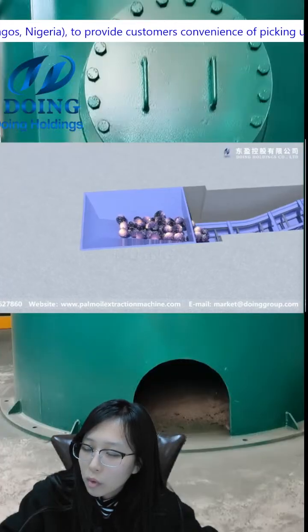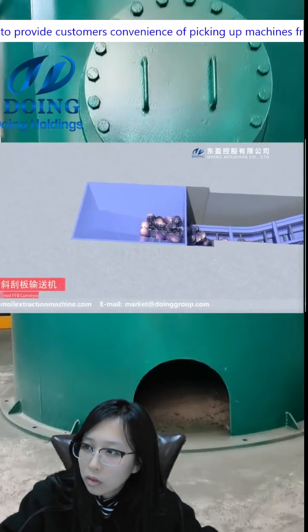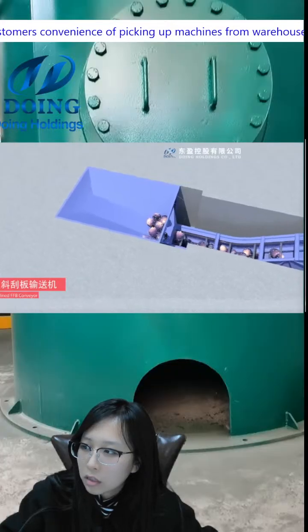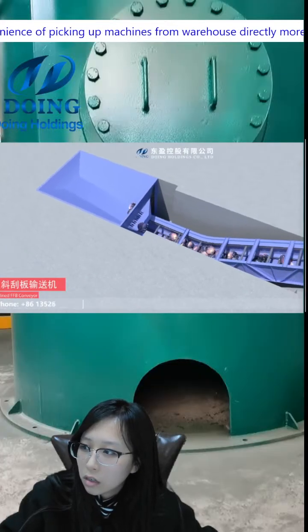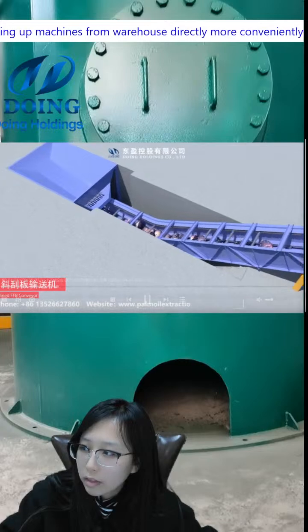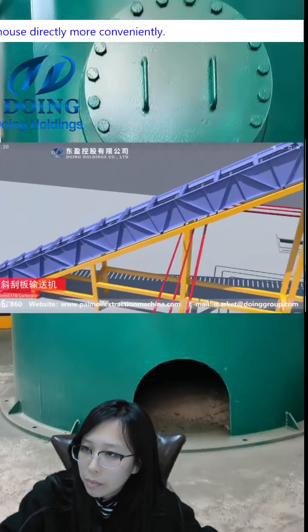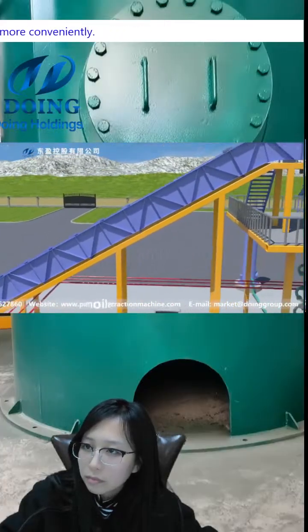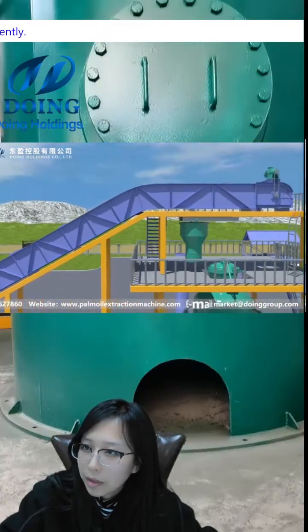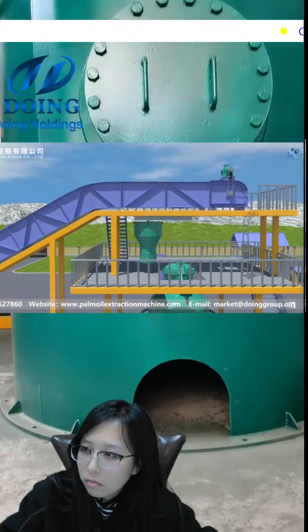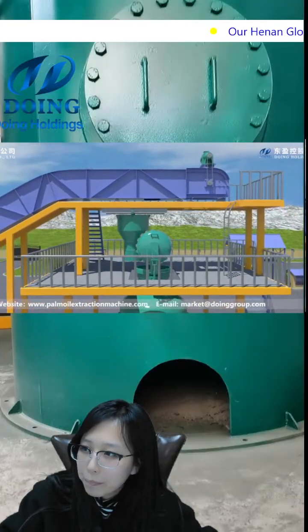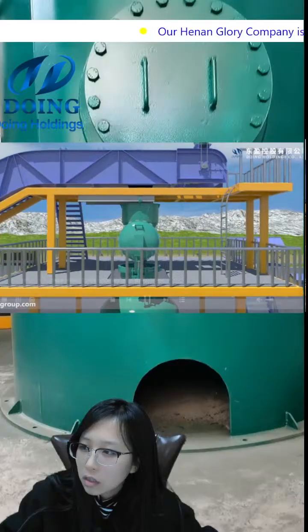Firstly, we transport the palm bunches into the hopper, and then we use the conveyor to transport the palm bunches. We can see this process, to enter the